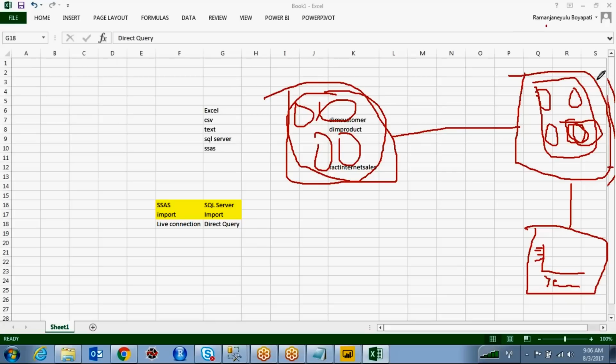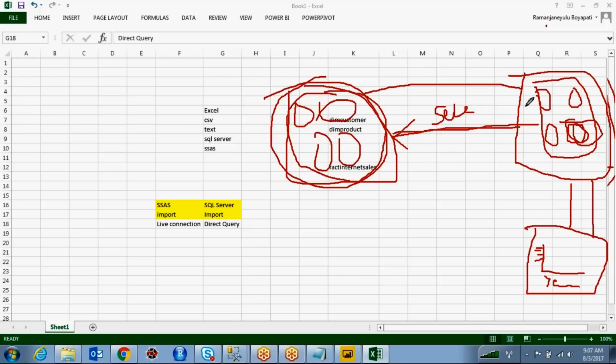So the Power BI model will generate a query: select customer name, comma, the new measure you have created using the two columns that exist in the source. It will send that query to the source, the query will execute, and it will give the result back to your visual.